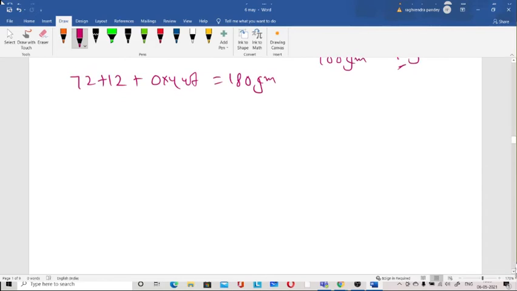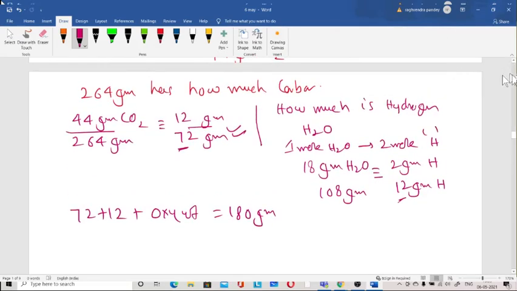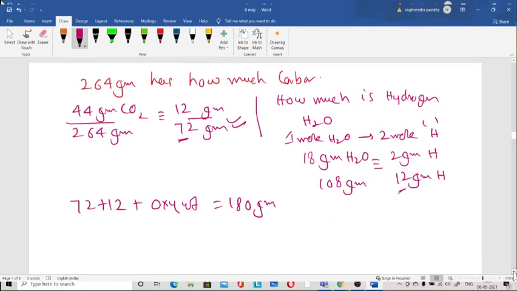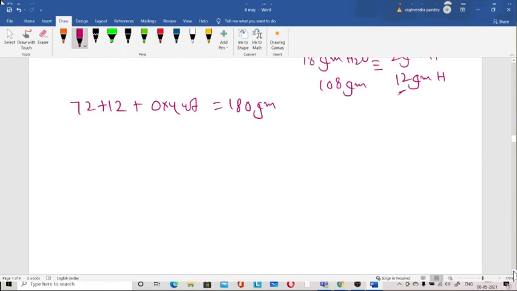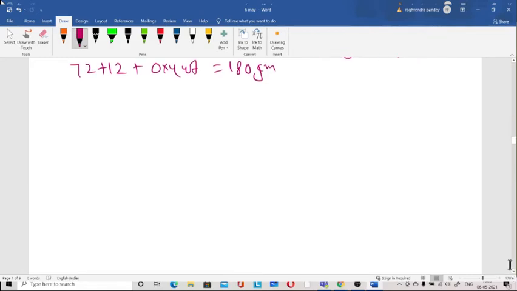Now let's solve one question that is also an easy question. Have you understood this one? Because glucose you know very well, how much is the weight and so on. They give you the weight of carbon in the form of carbon dioxide, weight of hydrogen in the form of water. Again, I am giving you a simple question.